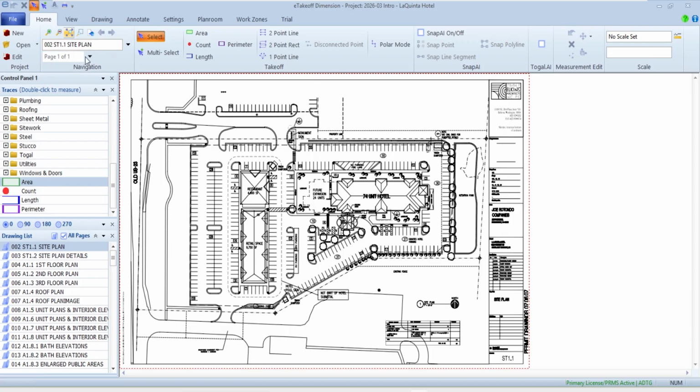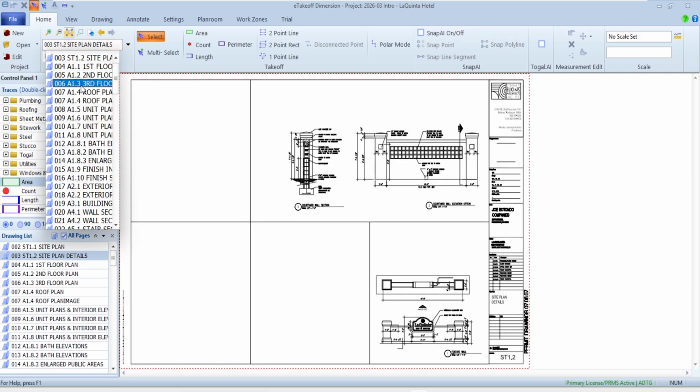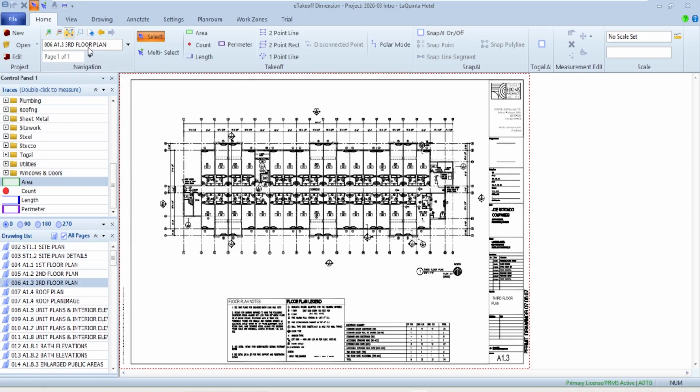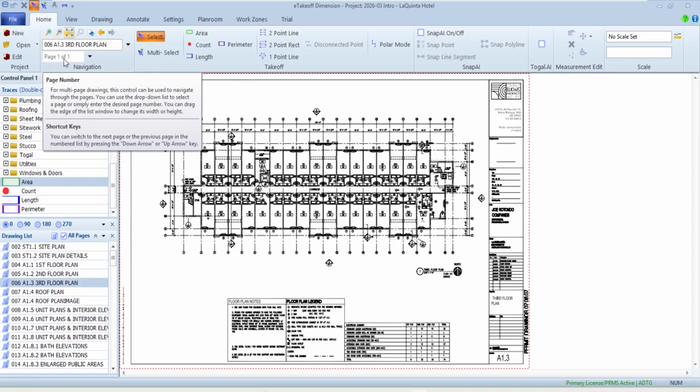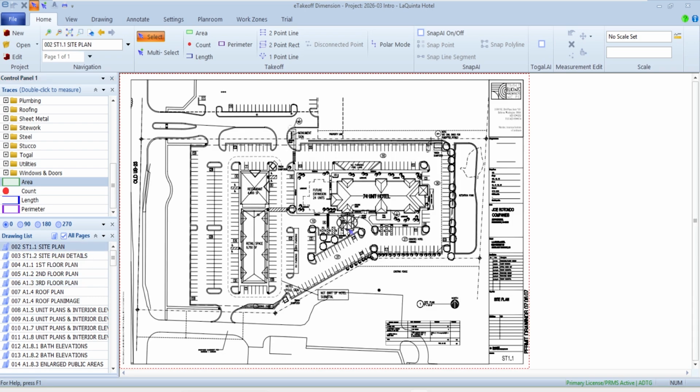Within a file, I could have many different pages. In this case, this one was set up where most of the stuff just has one page associated with it. But this is where if you had one file that had 100 different pages, the file would be up here and the pages would be down here. Down here at the bottom, you still see all the different plans also. So I could basically come in here and look at them this way. So a couple different ways of navigating these pages.